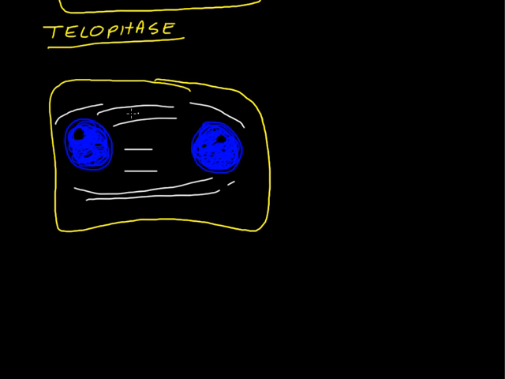plate. The short little fibers of the remaining spindle fibers accumulate cell wall material that's being produced and packaged up into small little packages of ER, and more of this stuff accumulates in the center until it starts to become thicker and thicker, and this is what's referred to as the cell plate. And this becomes a new cell wall, and it grows outward until it connects with the original sides of the cell walls. And behind it, new cell membrane gets produced, and basically at this point, we now have two complete